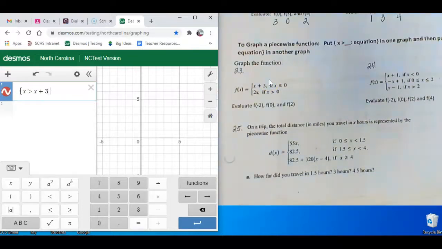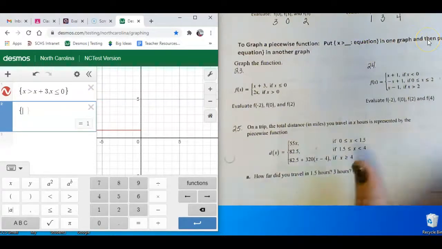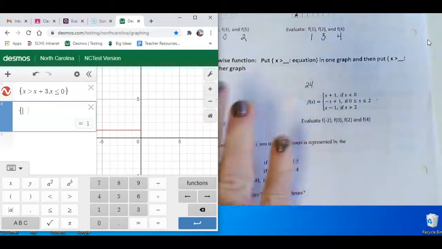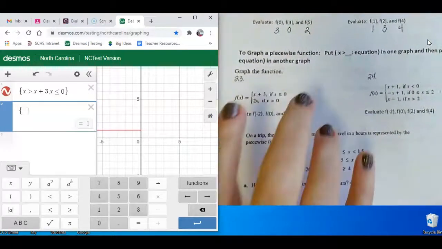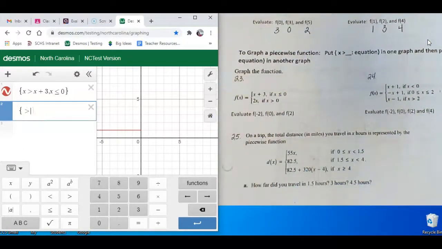And then you also have to put comma, I believe, X is less than or equal to 0. So there's one part of the equation if I'm putting in 23. Okay. If I need to put in 24, I still go to shift and those little bracket things again. And it says, if you look at the instructions, X is greater than, and then the equation. So I'm still putting X is greater than. There we go. And then we put the second equation,